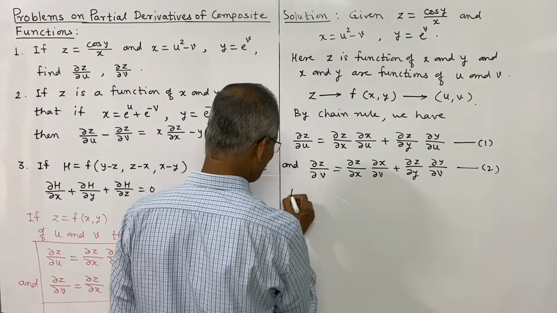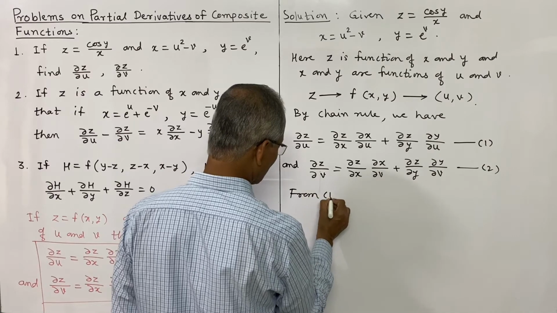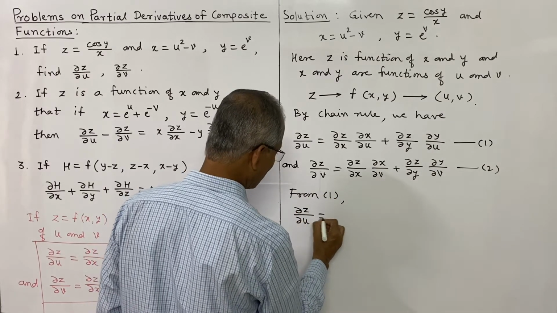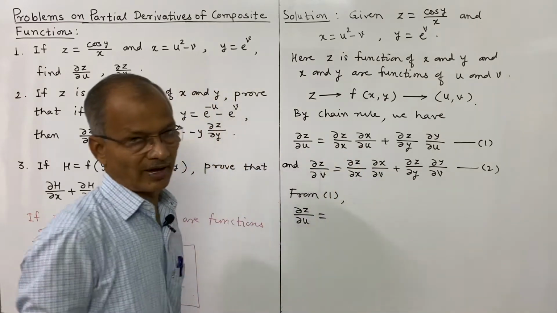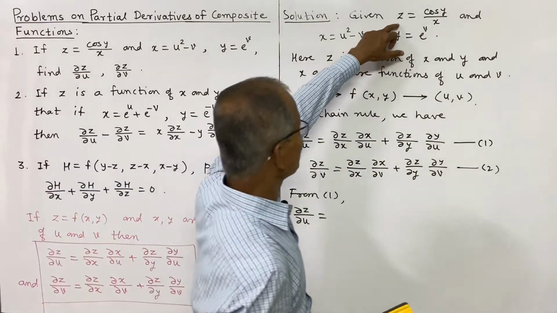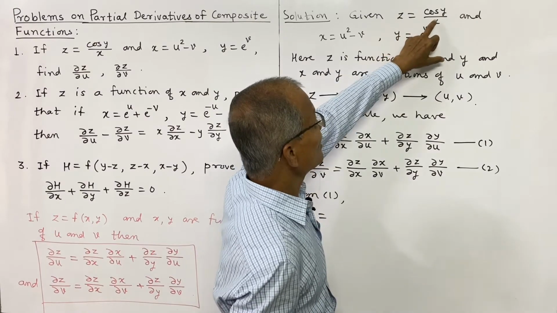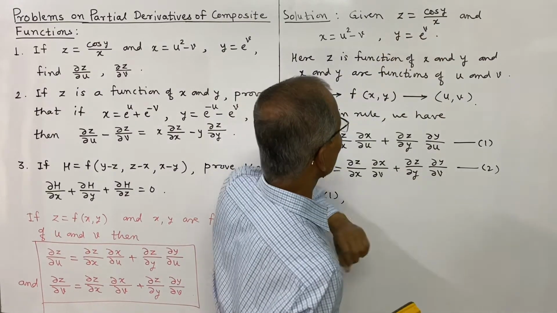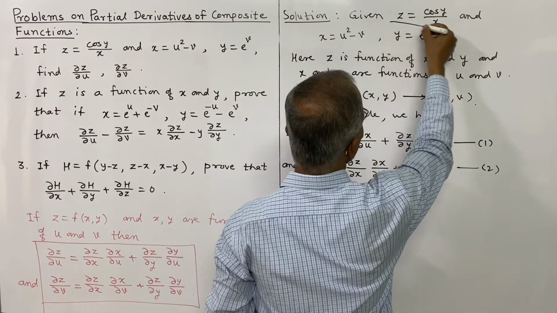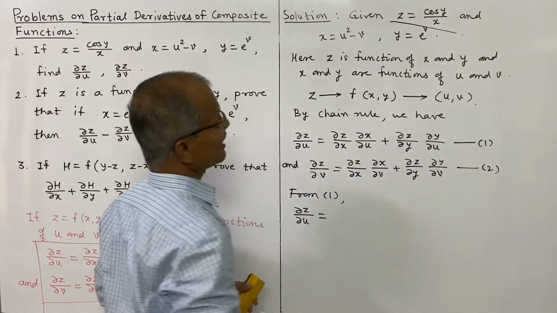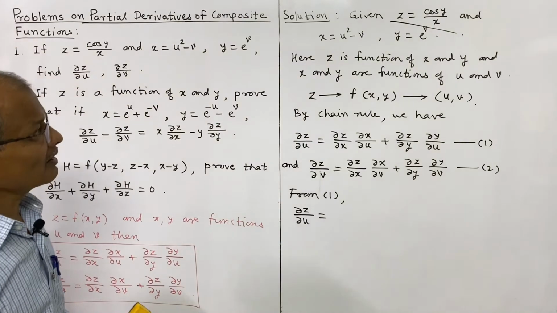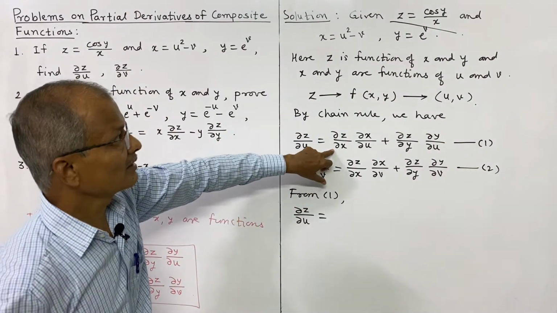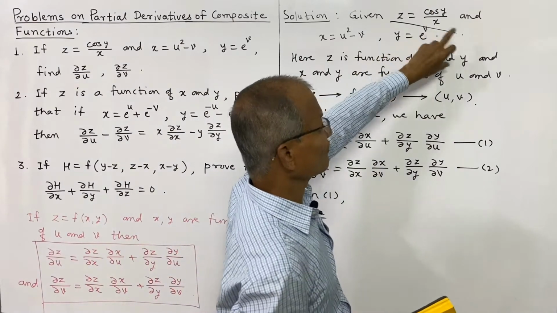So from 1 we shall now write dou z by dou u directly. What is dou z by dou x? Now see, z is here. Partial derivative of z with respect to x. z is cos y upon x, and therefore see, this is the value of z, cos y divided by x, and we shall differentiate this with respect to x, and that means it is the reciprocal function 1 by x.